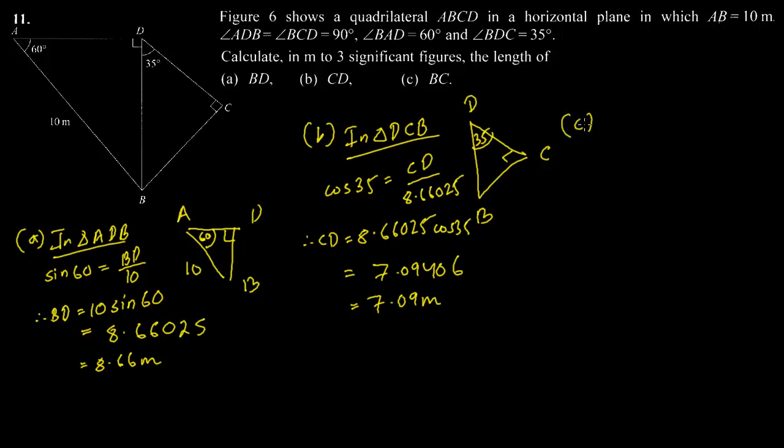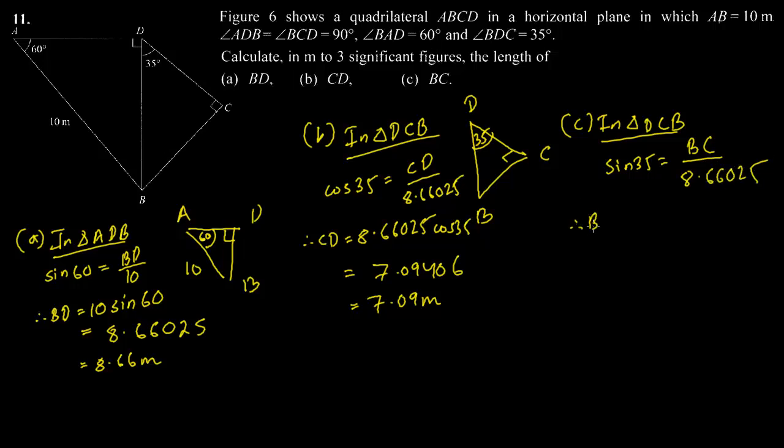Question number C. Here we have to find BC. It's in the same triangle, so that is not a problem. Triangle BCD. This time we can use sine. So sine 35 is the opposite BC divided by hypotenuse BD, which we found in the previous sum,